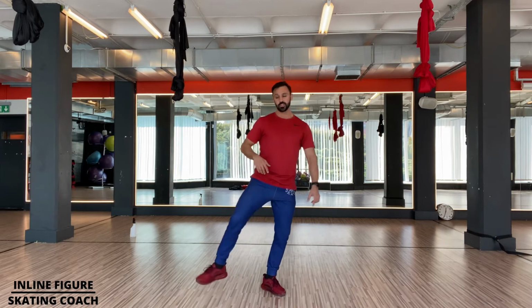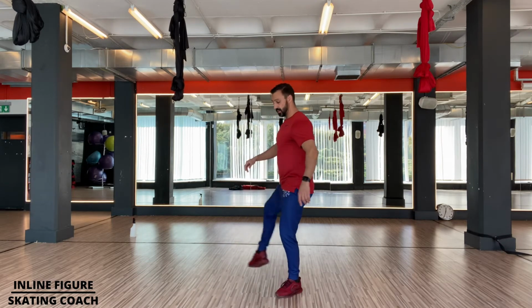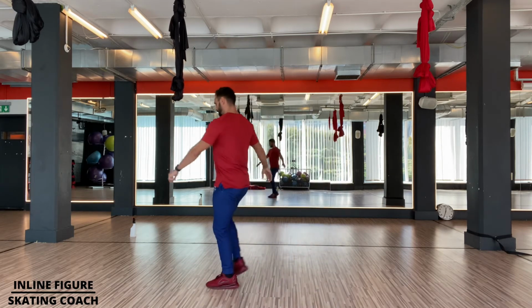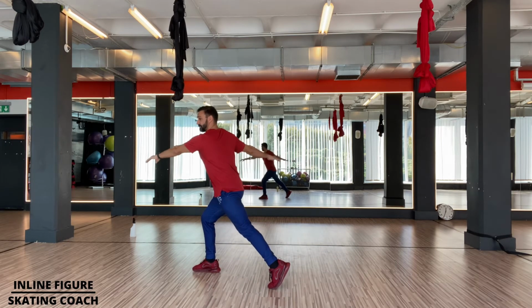So now let's go on to the toe loop, okay? So the toe loop is another left foot jump, isn't it? So that the moment we take off, we're going to be here. So what we don't want to be doing is forwards like this. You want to think that you go through with your heel, like we just did with the Salchow, where it went through here. If you look, my heel is leading, yeah? You see that heel is leading there? And if the toe is leading, that would be here, right? Because one common mistake on the toe loop is people reach back here, and you get stuck. You've stayed in this position too long, and now you're stuck,